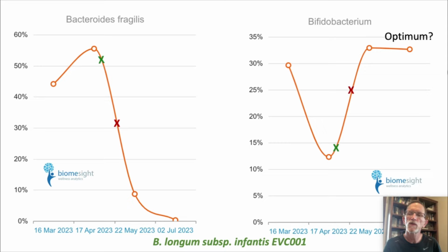Very, very quick turnaround. On the right side there, I have a question mark: optimum. Are these now optimum levels for a baby's infant microbiome? Well, he is sitting at about the 5-month range, and the short answer is no one knows for sure. Again, lots of research shows that for a newborn's healthy microbiome, 80% bifidobacteria is a good thing to aim at. But now at 5 months out,